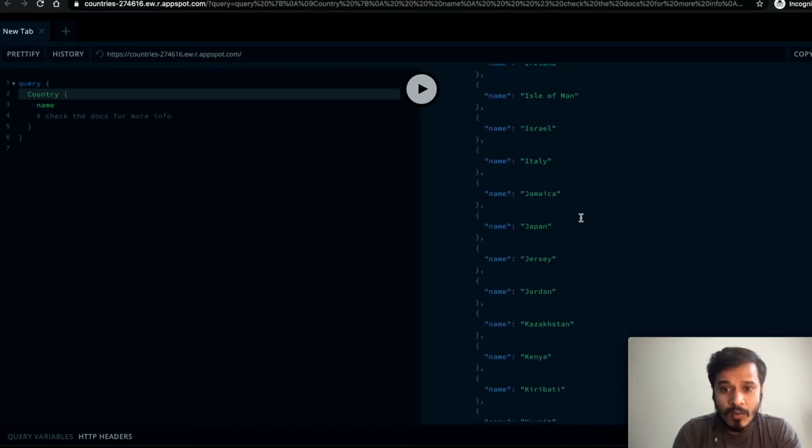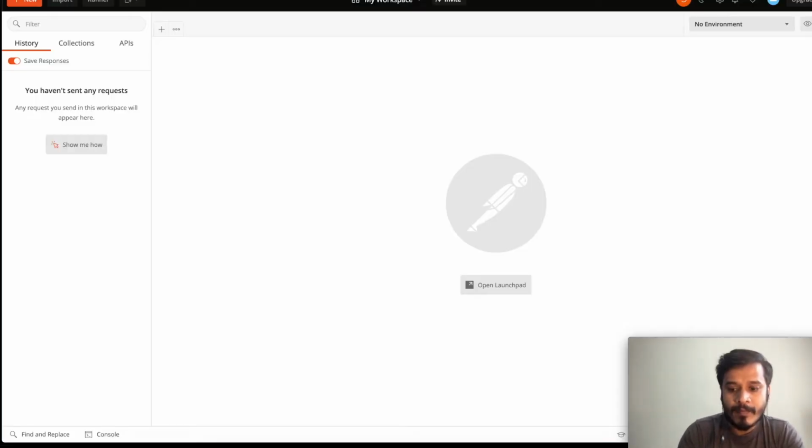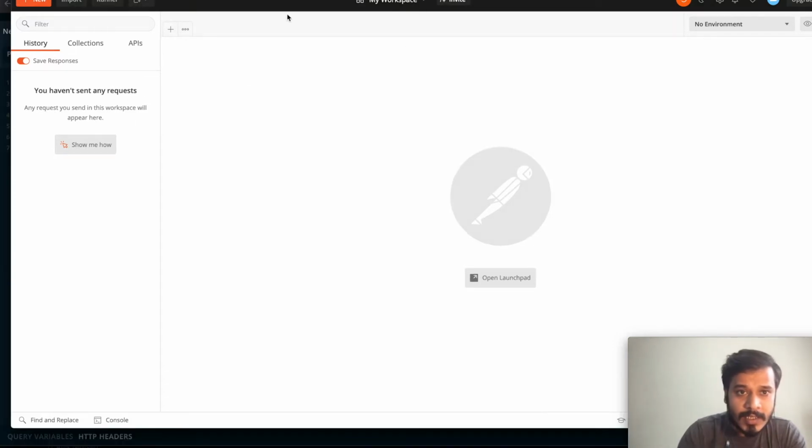Now I would like to automate this thing using Postman. I will just open my Postman, and you see I'm here. Now what I will do, I will resize the window.